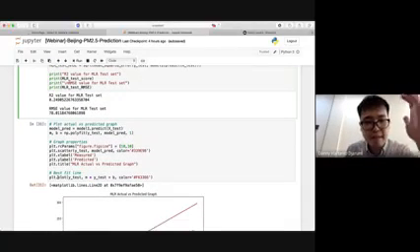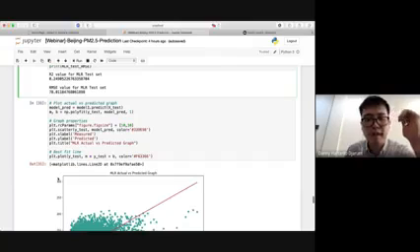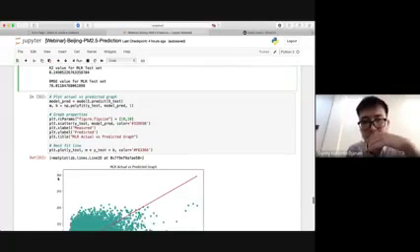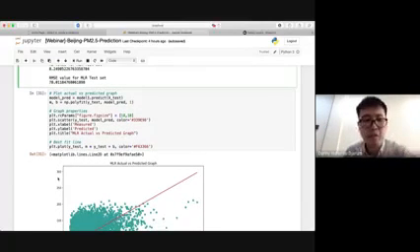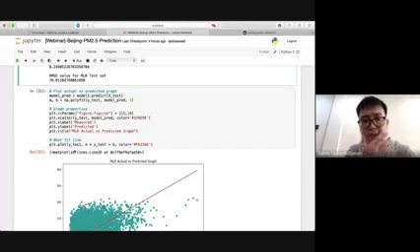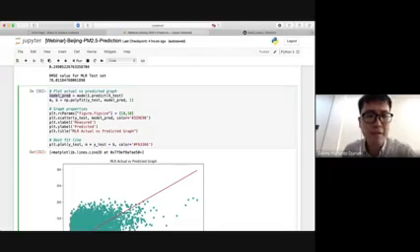Once you get the performance, you can also plot the actual versus predicted graph to see how it looks like, the R-square graph. And in order to plot the graph, it's actually very simple as well. Again, you need to define what is your predicted value. So what is your predicted output? So in this case, it's model1.predict X test, right? So predicted output for your test data set. And then here is how you plot the